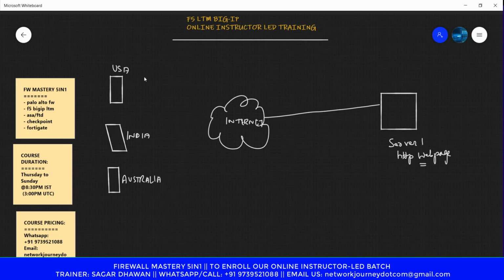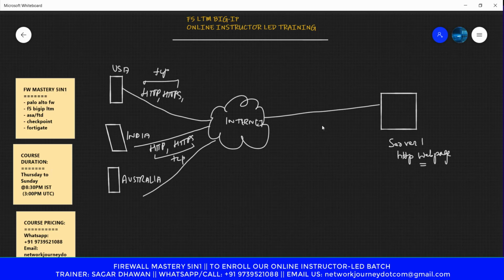So what type of connection do we expect here? It will be HTTP, HTTPS, both following the TCP type of connection. Similarly, if an Indian user is trying to access some web page, he will also make use of a very similar protocol like HTTP or HTTPS. Once again, the TCP protocol. Once again, if a user is trying to access the web page, he will make use of a browser or an HTTPS connection. Once again, TCP.